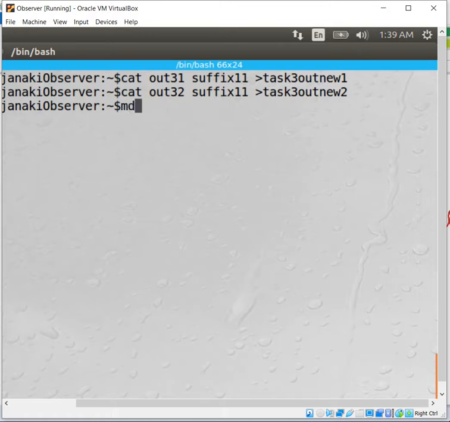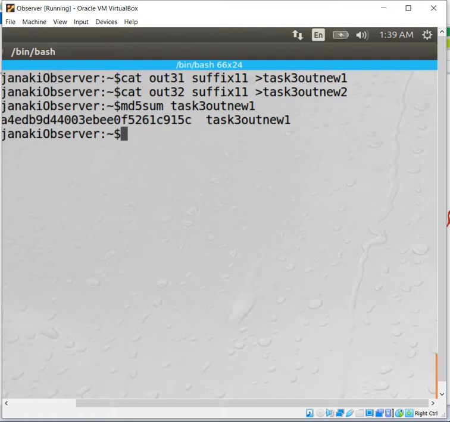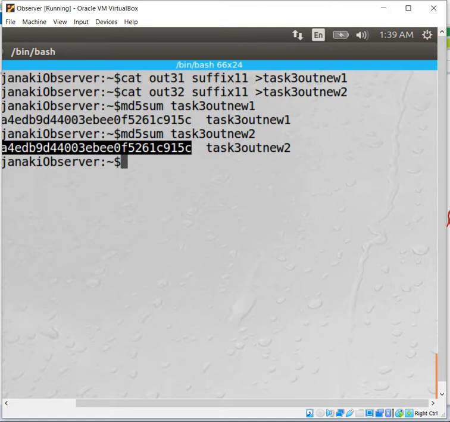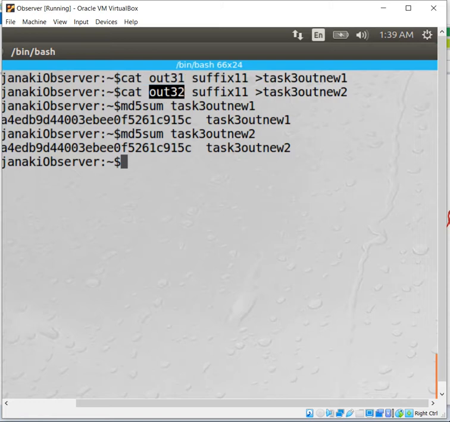So just check the MD5 sum of task3_out_new1 and task3_out_new2. You can see the MD5 sum value is the same because it is generated basically from the MD5 collision generator. It is generated from out31 and out32.